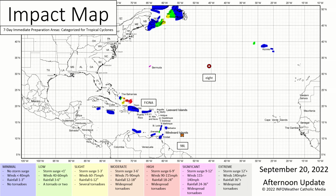There's also minimal risks for much of the Caribbean Sea, the Windward Islands, Trinidad and Tobago, ABC Islands, portions of northern Venezuela, Jamaica, and the Cayman Islands need to be watching Invest 98L very carefully over the next few days, as it is likely to develop into a tropical cyclone. Also, just a side note, in the Dominican Republic, Puerto Rico, and the Virgin Islands, rain is still falling,